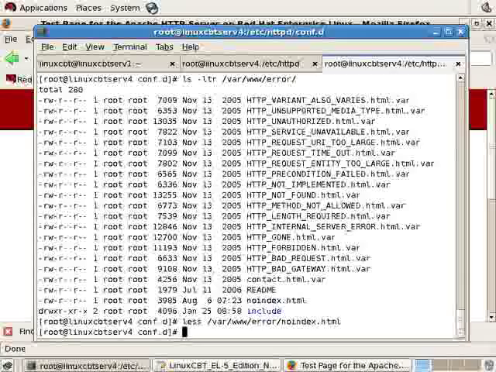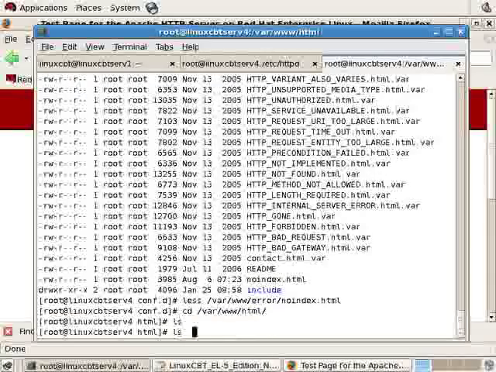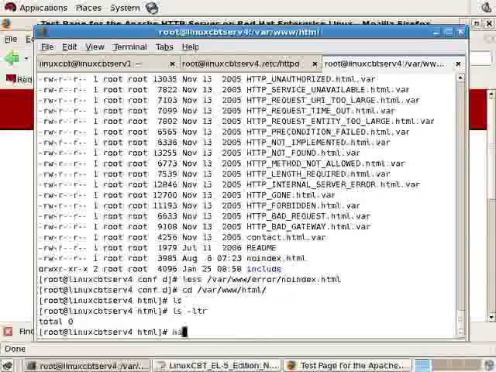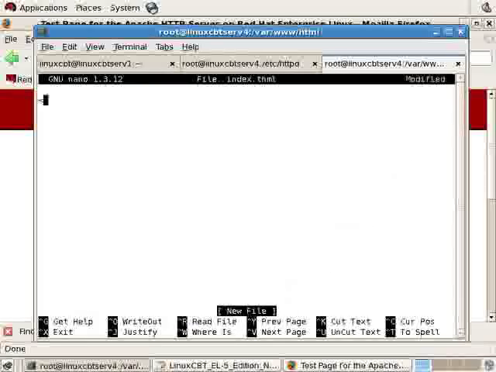Let's create an index.html file. We'll navigate to /var/www/html where no files currently exist. And we'll nano index.html. And the suffix is incorrect, but we'll rename it when we're finished. So HTML